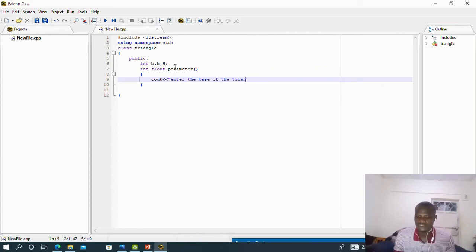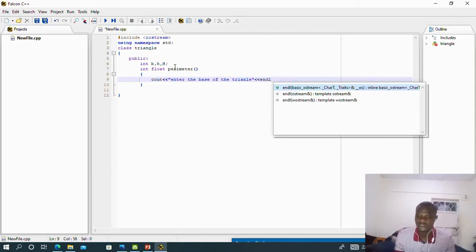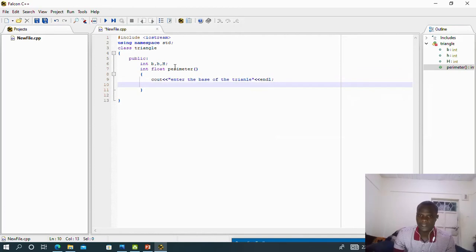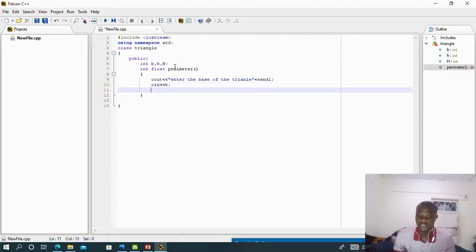Enter the base of the triangle. Okay. End line means after you enter, do this in a new line. So store what the user will enter, cin as B for base. Then from there again, cout,